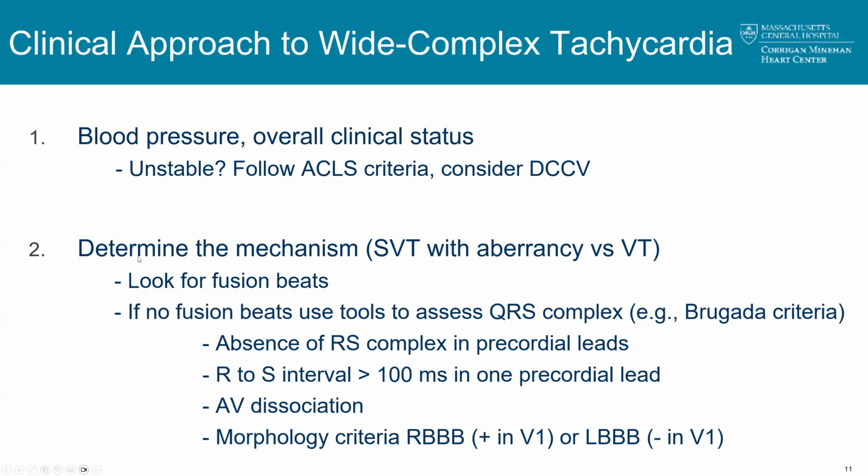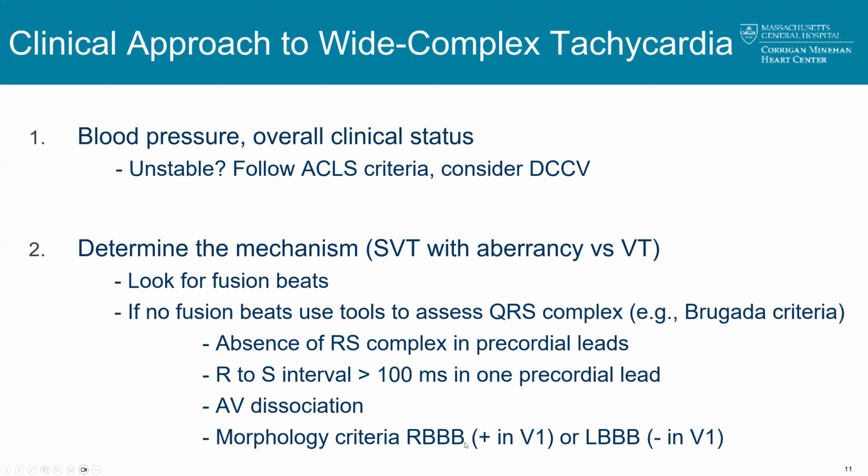And here, rather than going right to the Brugada criteria, I would ask you to first look at the ECGs or perhaps even the telemetry that's live to look for fusion beats, because although we talk about Brugada criteria as being something that can be very helpful in determining whether or not a rhythm represents ventricular tachycardia, you've got to know that all these different items in the Brugada criteria, like we had talked about previously, the RS complex, the RS interval, the AV dissociation, and the morphology criteria, these are all indices of suspicion, right? That what you're looking at is a ventricular tachycardia.